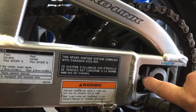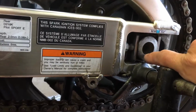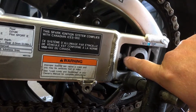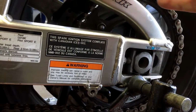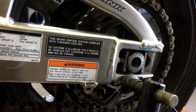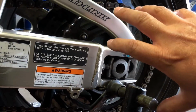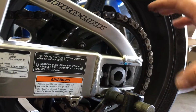This is your adjuster nut, or I should say, your lock nut, your adjuster bolt, your axle. So you're going to want to loosen your axle. You're going to want to loosen your lock nut, and then you use your adjuster bolts to basically move that rear wheel in and out, and obviously tighten it or loosen it. So what can be frustrating though is that you'll lock your adjuster nut down. When you go to tighten the axle, it wants to spin the rear wheel away,